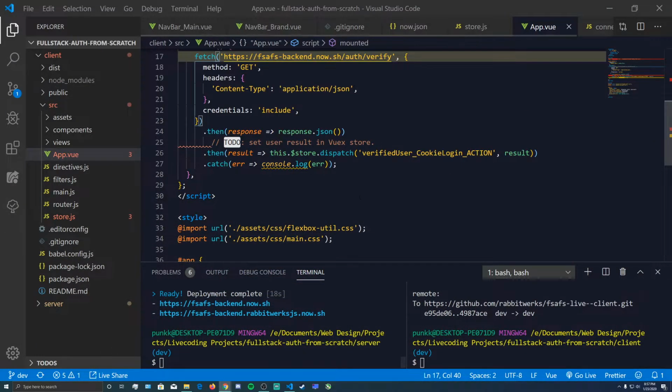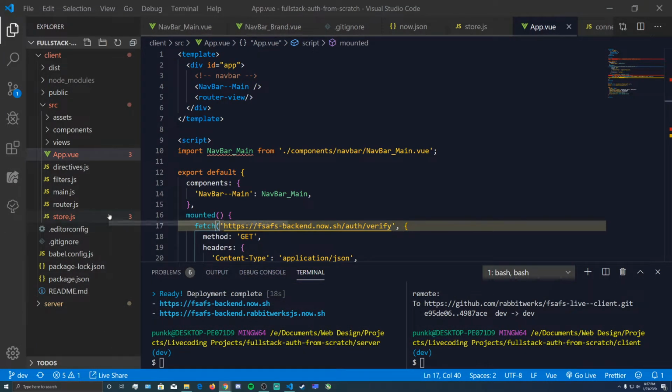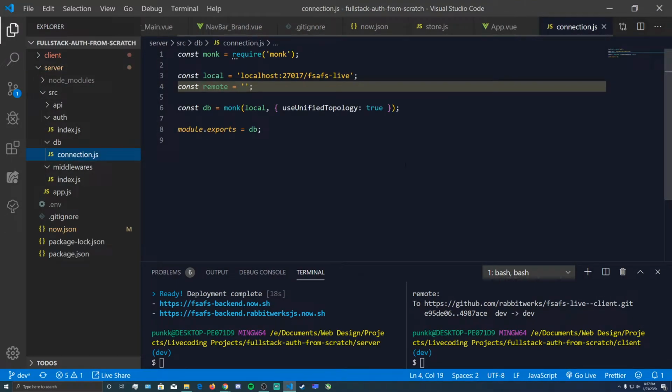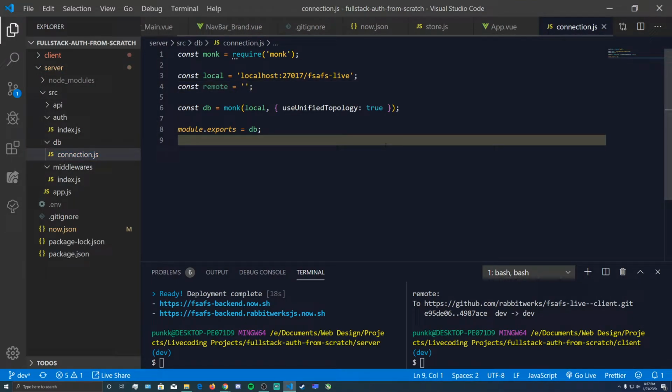Alright, so let's go back into here, and if we go out of the client into the server, we want to do connection.js. Monk. Oh yeah, that's right. You're using Monk to interface with Mongo. So right here,